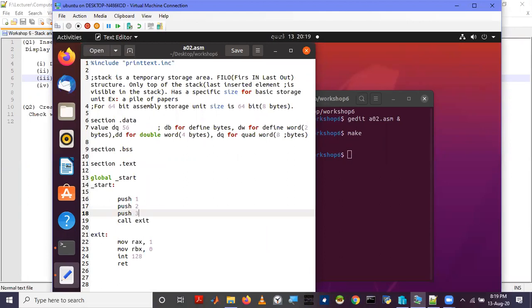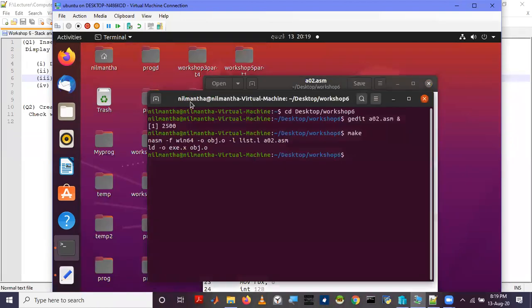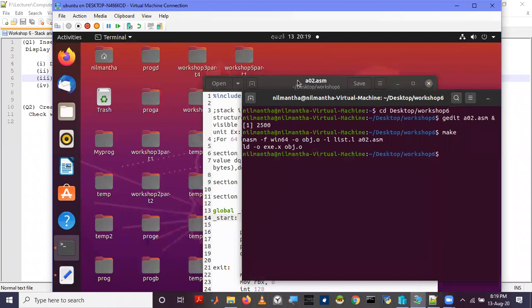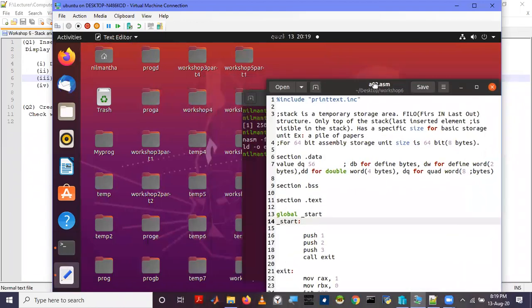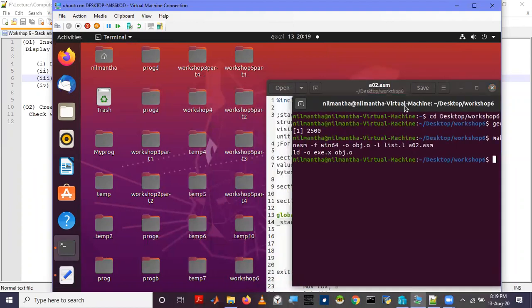To look at a number, we need to print that number. For that, we'll create a macro which prints the digit at the top of the stack. First we'll create a macro which prints a single character.